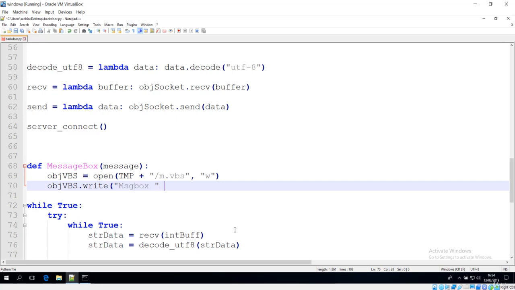Okay, and after that I want to just concatenate this with message that is sent by the server. And now what I want to do is the connection with, maybe let me just concatenate with this VB. Okay, I think we have something like this. So this is the command.